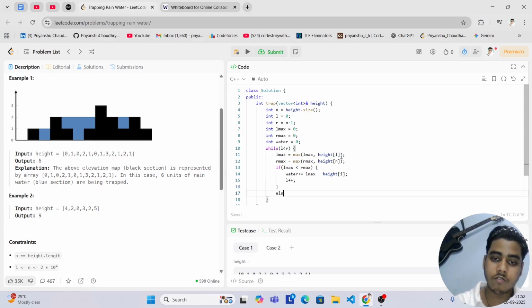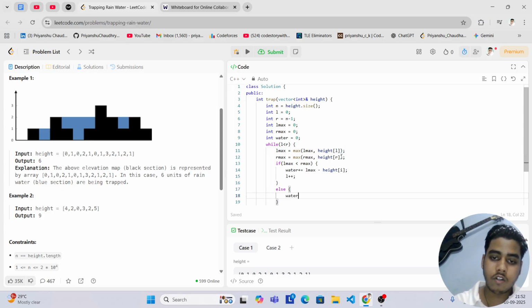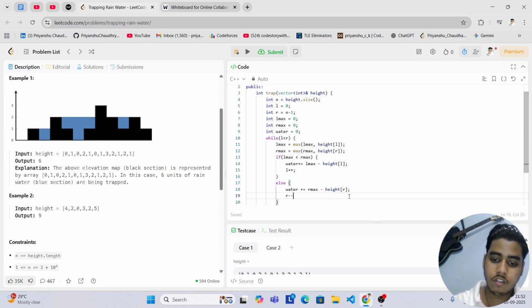Similarly in the else case also, water plus equals right max minus height of R, it should be R not L. Now keep moving the right pointer,